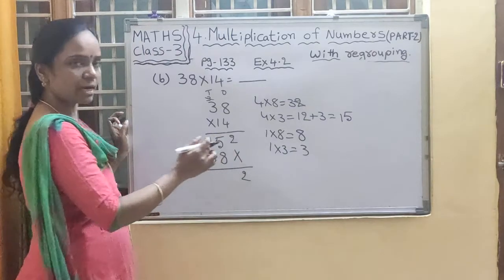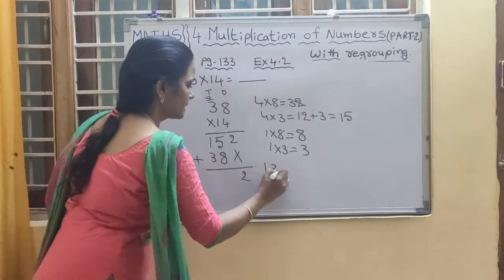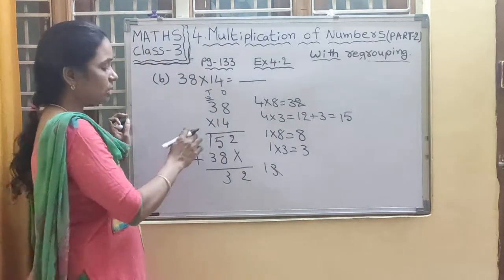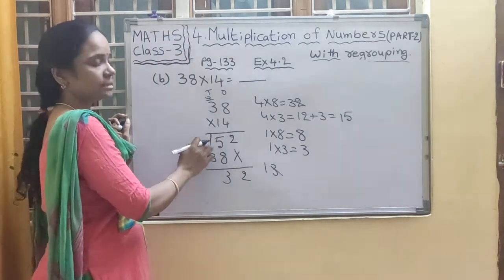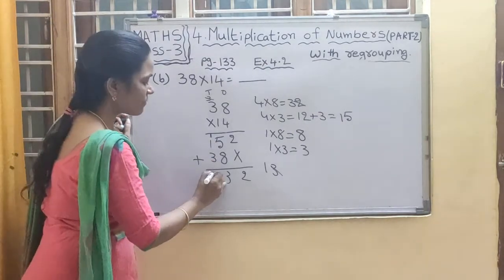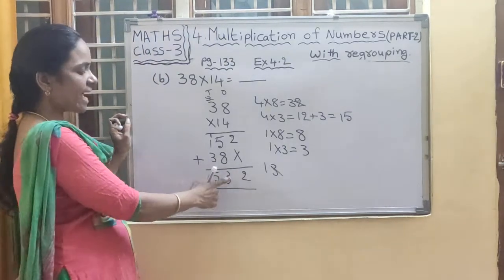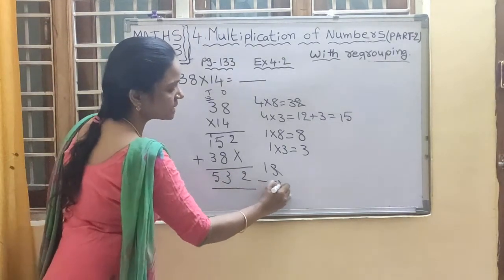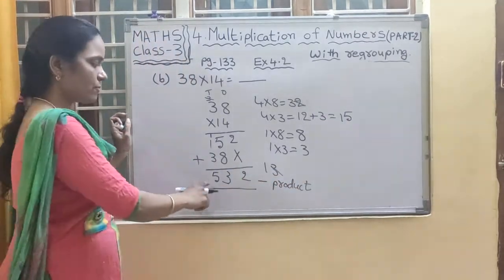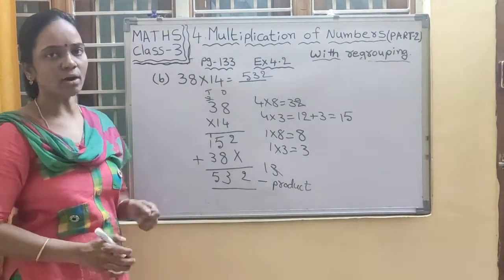2, the same number will come, and 5 plus 8 how much, children? 13. Yes, 3 right here and 1 is the carry. Okay, below the line we have to write carries here. Okay, 1 plus 1 is 2. 2 plus 3 is 5. What is the answer? Yes, very good. 532 is the answer, means the product. Write down, children. 532 is the answer. Note it down.